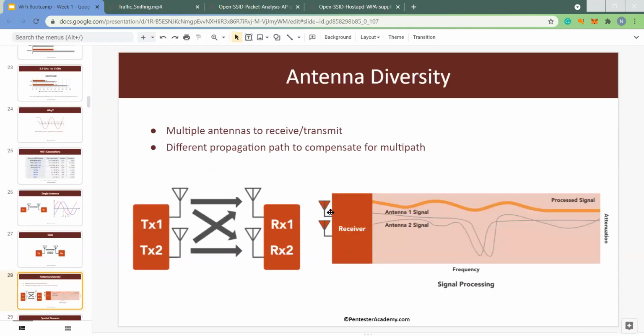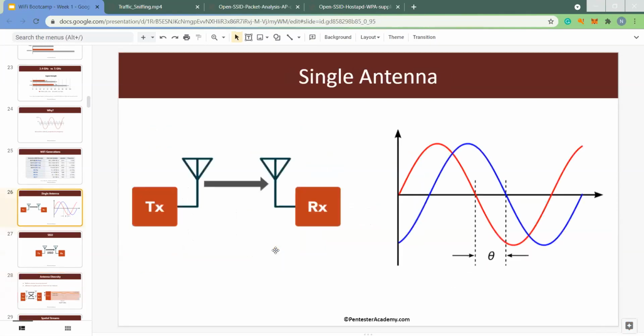Then comes antenna diversity. In antenna diversity, you have multiple antennas, on both transmitter and receiver end. And why is this needed? Because this problem is very specific to your wireless communication mediums. It's called multipath. So what happens in multipath is, when we are transmitting from the transmitter,